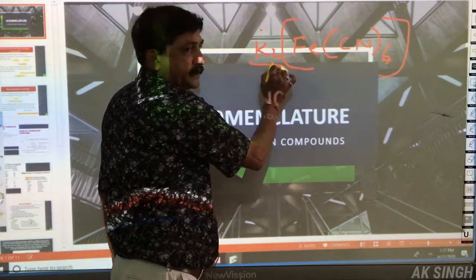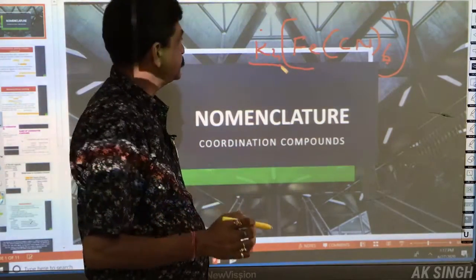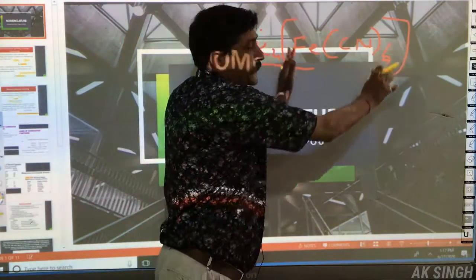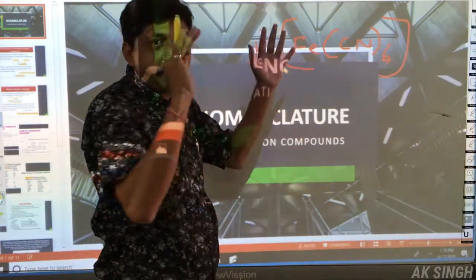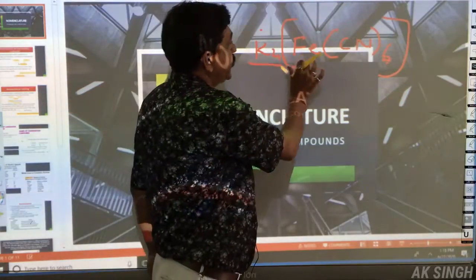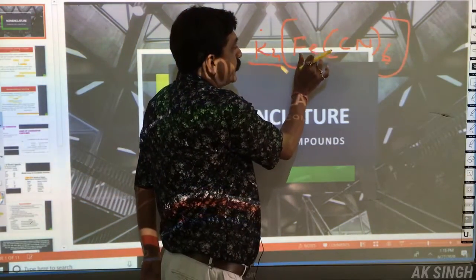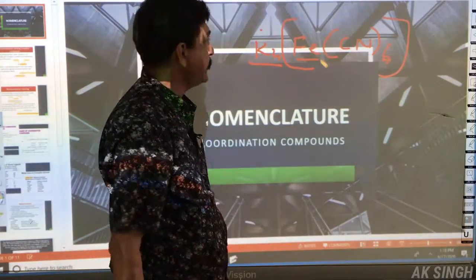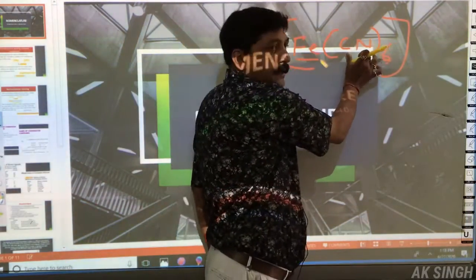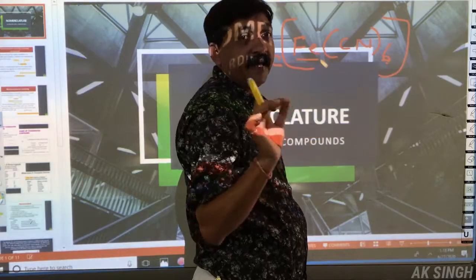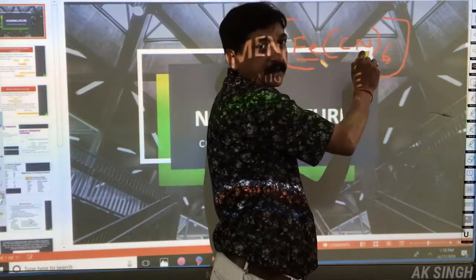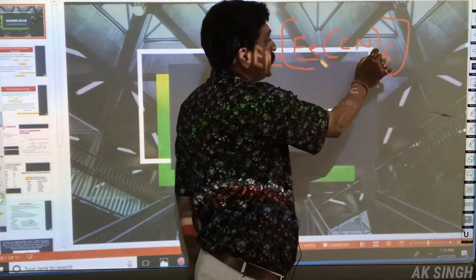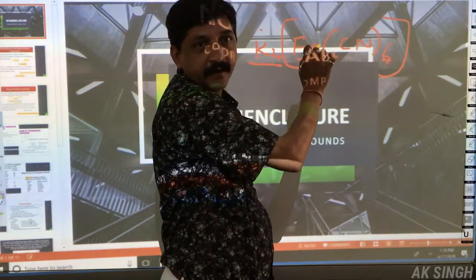First part is this, which comes in the ionization sphere. In this case, it is potassium. Then comes the coordination sphere in the bigger bracket. In the bigger bracket, in the coordination sphere, this is the central metal atom. In this case, it is Fe. Then this species is the ligand, the negative charge ligand species, and 6 represents the coordination number of Fe.